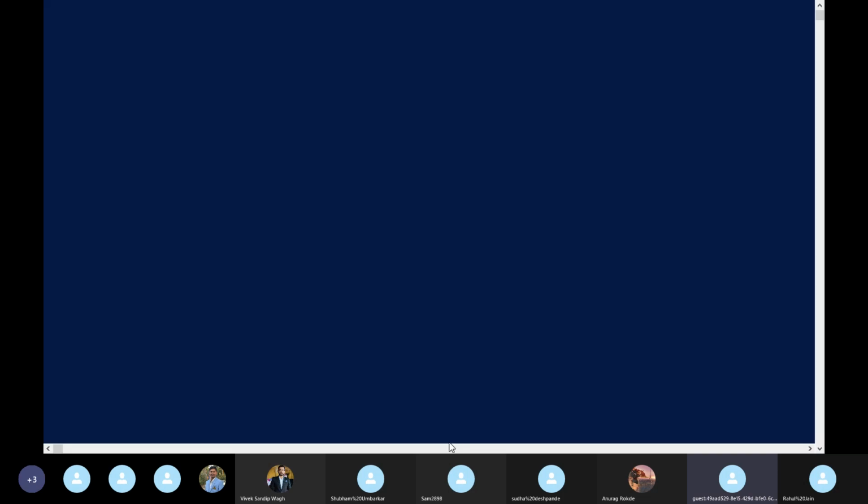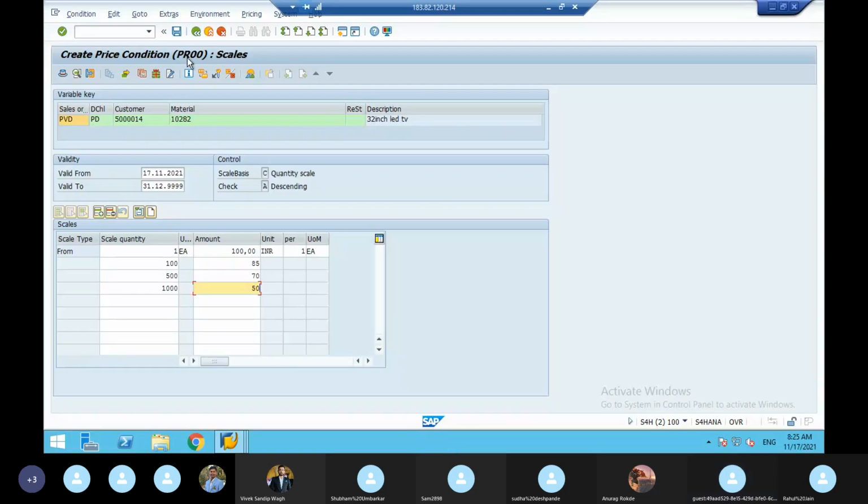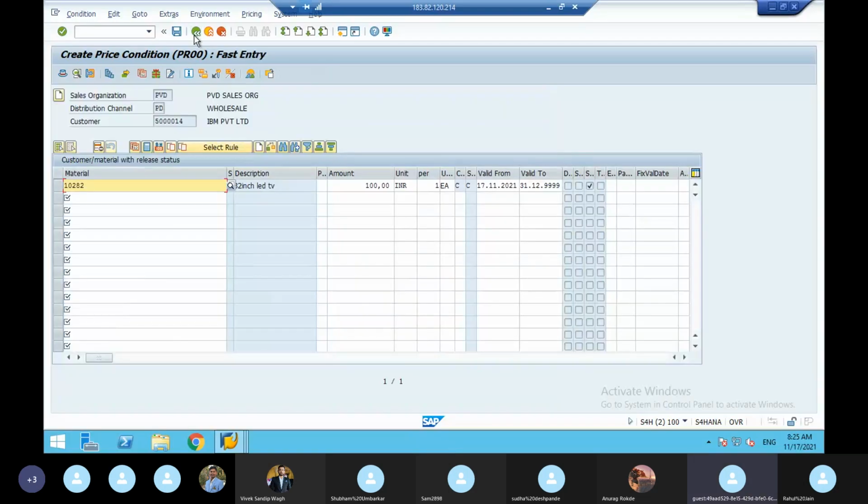Condition supplement means if you have 4 condition types, you have to maintain 4 condition records: PR00 one condition record, K007 discount one condition record, freight one condition record, and tax one condition record. But in SAP, they have provided one way. You don't need to maintain 4 condition records. In one condition record only, you can maintain the values of all the other conditions.